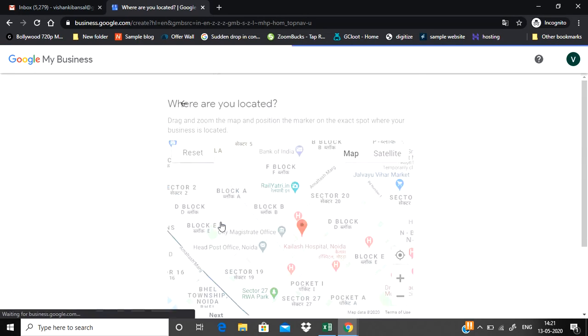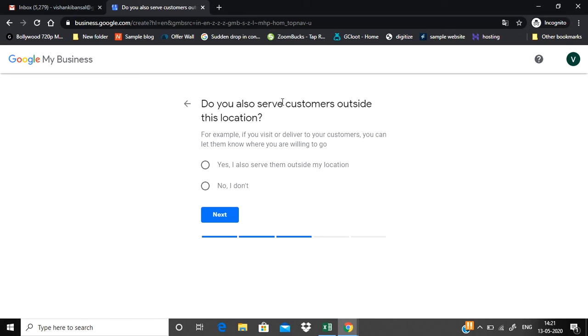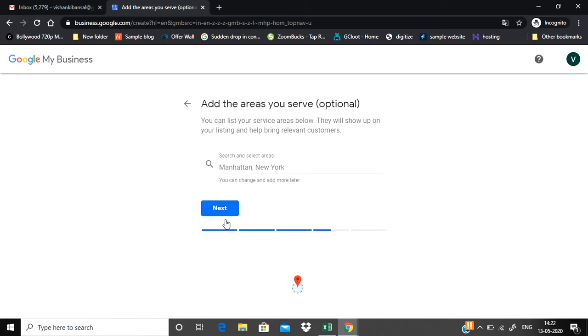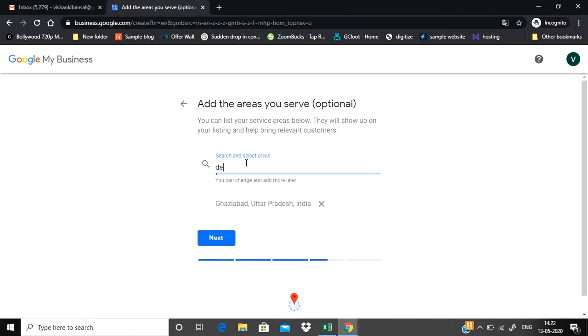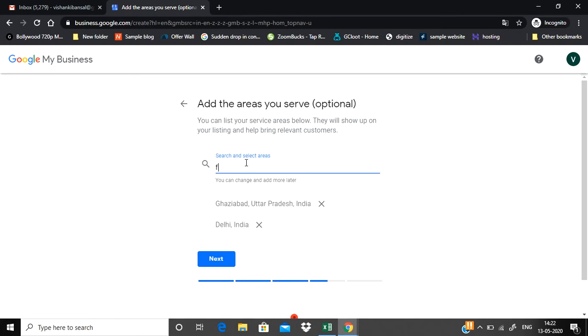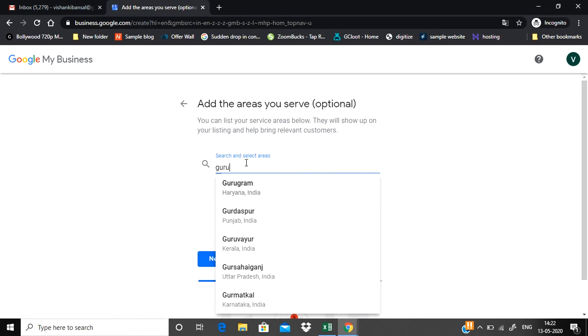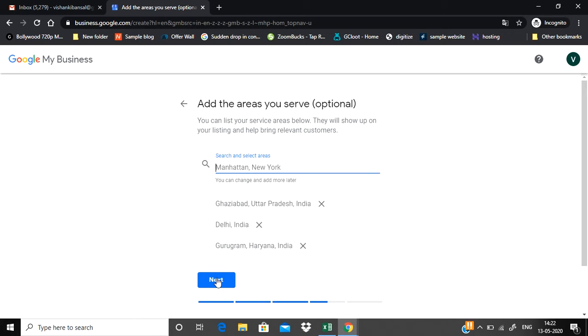Click on Next. Do you also serve customers outside this location? Yes. If you don't serve outside Noida, then you need to choose No. So I'm going to choose Ghaziabad, Delhi, Gurugram. Click on Next.